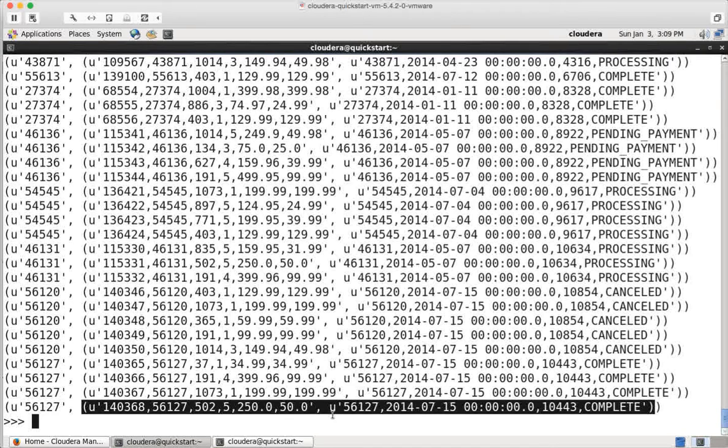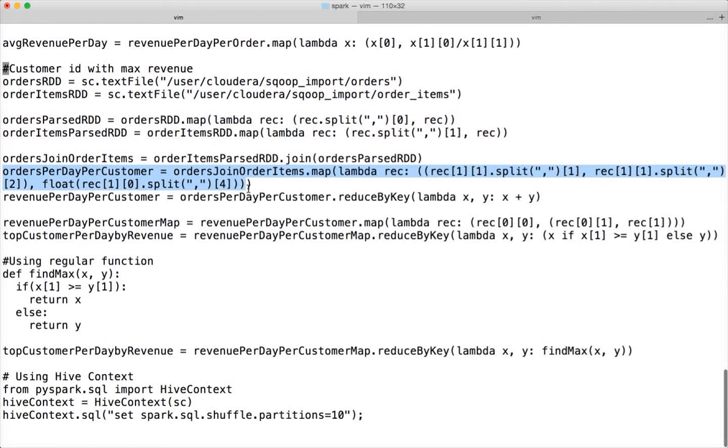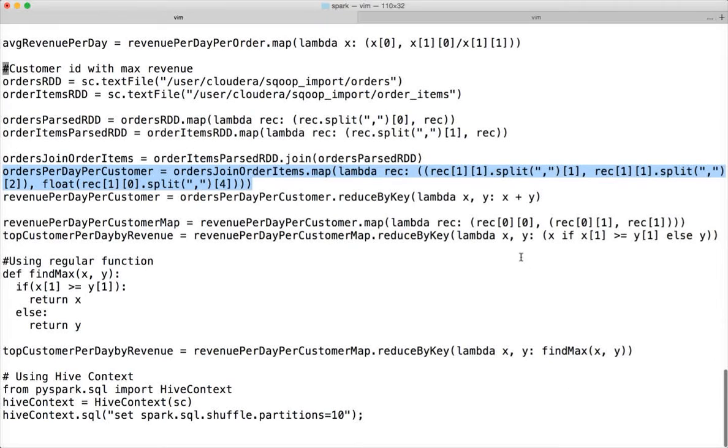two attributes. One attribute is from orders and the other attribute is from order items table, and from here we have to parse the required fields, which are order item subtotal, order date, and customer ID. That can be achieved by using this command. Here the key is order date and the customer ID. So these two are keys,